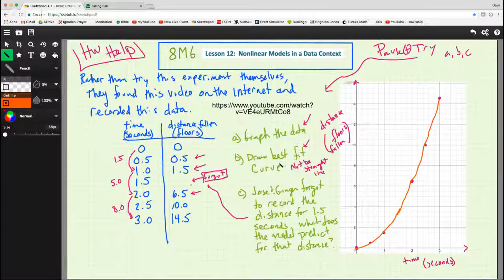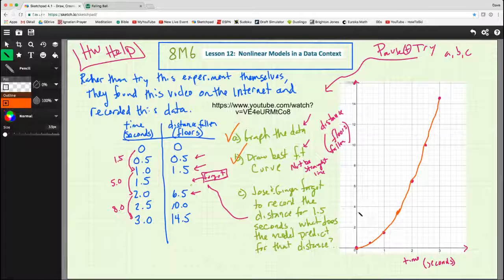Okay, so we've graphed the data. We've drawn our best fit curve, and notice it's a nice curve, and it starts getting steeper and steeper and steeper. And now after 1.5 seconds, let's predict the distance. If we just looked at this chart over here and we guessed the distance, we might guess 4, we might guess 3, we might even guess 2, because things are slow, then start going faster. We don't know what the line is, but now that we have a best fit curve, we can do a pretty good job of guessing after 1.5